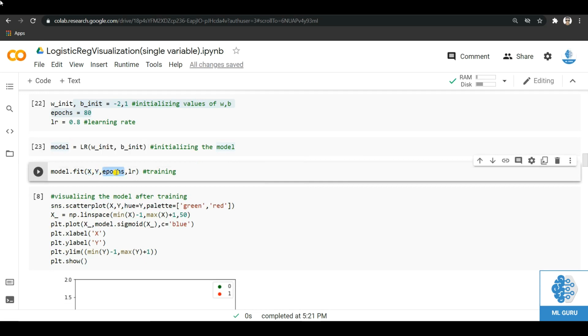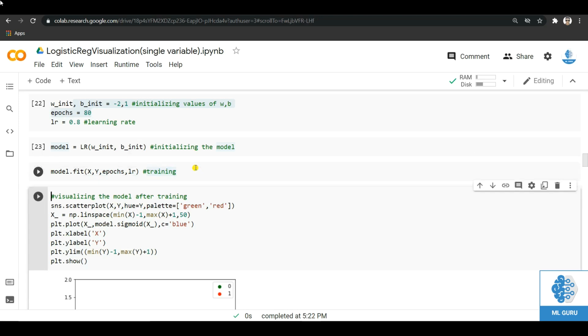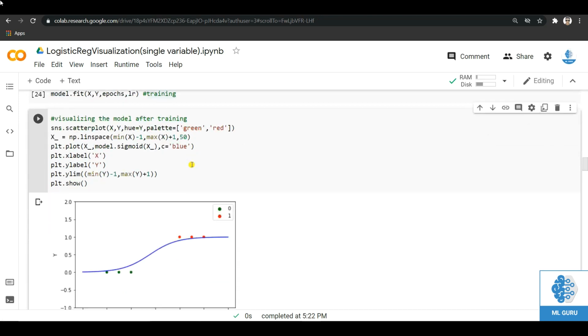We give the number of epochs which we had initialized to 80 and learning rate which we have initialized to 0.8. So let's call it. Within a fraction of a second the model has been trained, and now let's visualize the result.